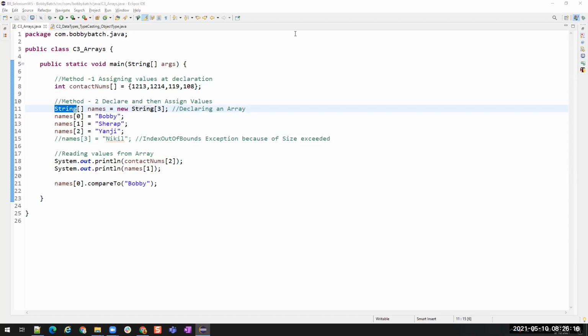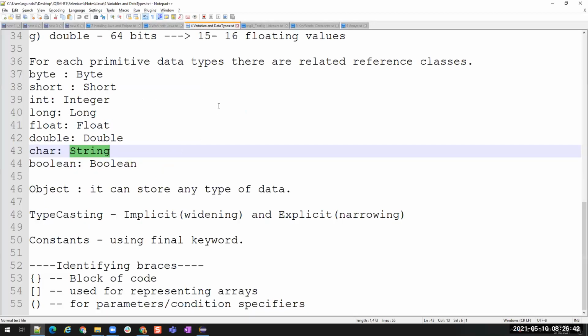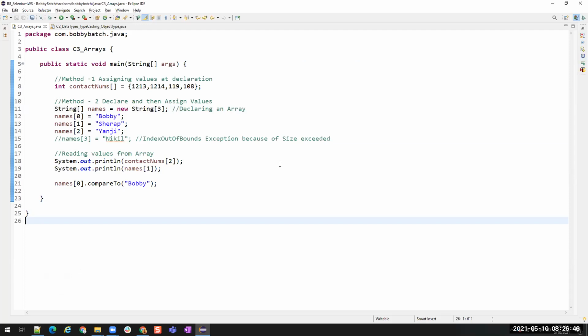Cool. All right. Any other questions we have? So today we have seen the very basics of array: how to declare an array, how to store values inside an array, and how to read values from an array without looping. Loops we will see a little later after arrays. There are some more things that we have to discuss about arrays that will continue tomorrow along with the next topic.